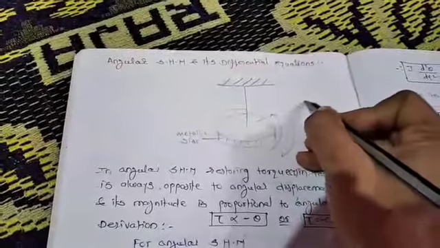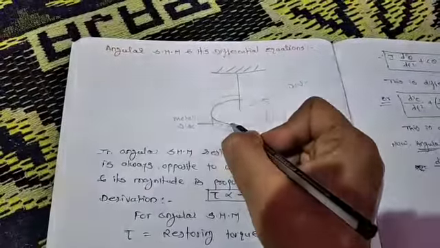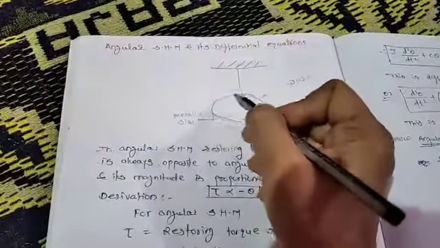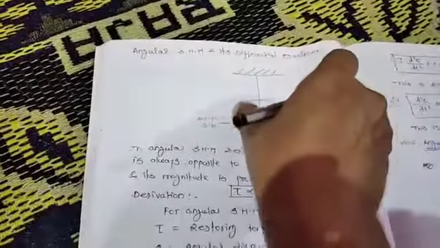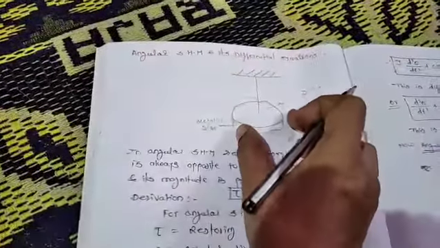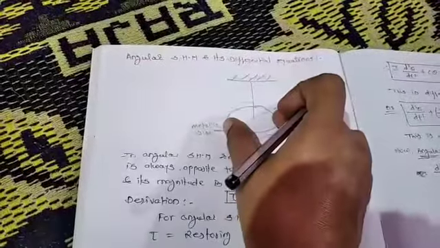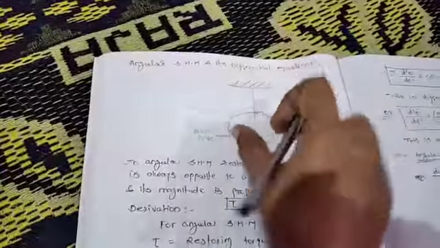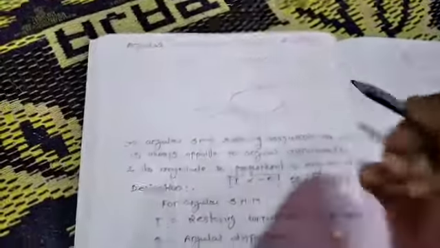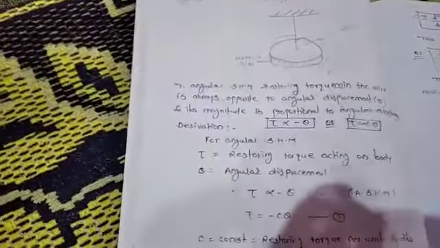So this is the disc. It is the metallic disc, in the form of a circular plate. This disc will rotate in this fashion. When we apply some kind of force, then it will move. It will not move like a pendulum like this. It will move like this, to and fro, to and fro. So it will form some kind of angle over here. So in angular SHM, this we have to prove later on.